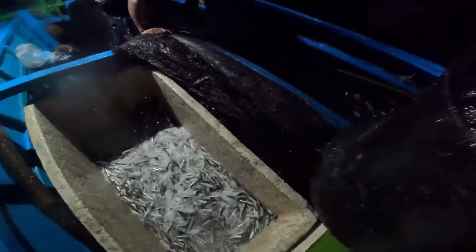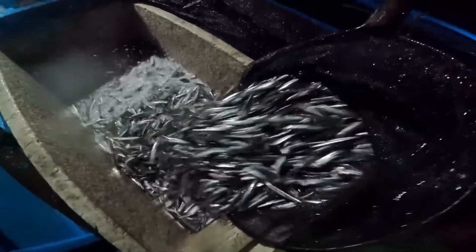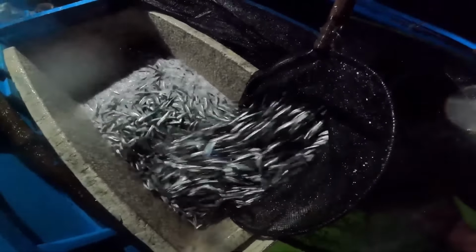Trawls can be divided into two main types: bottom trawls and water column trawls. Bottom trawls are dragged along the seabed, suitable for catching bottom-dwelling fish, while water column trawls operate in the upper and middle layers of the water. Trawlers can be equipped with automatic control systems and other support equipment to ensure efficient fishing and minimize impact on